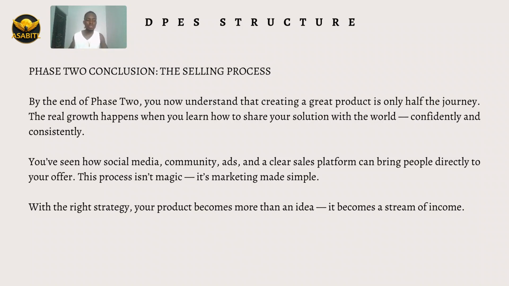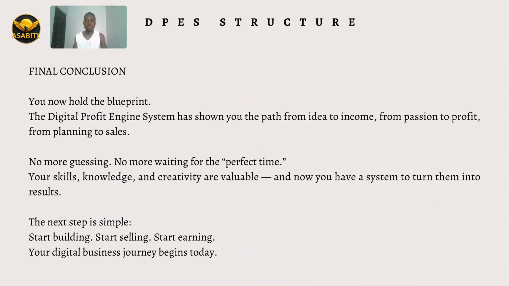Now the question is, what did you learn from phase 1 to phase 2? All the rooms in this process. A final conclusion: you now hold the blueprint. Everything that is happening in the digital space, how people are making money on the internet, is in your hand now. Everything is in your hand. How are you going to use it? How are you going to implement it? How are you going to start making money with it? How are we going to move further in order for you to make sure that you put this in place? How are you going to set all these things up? So are you willing to take this step forward?